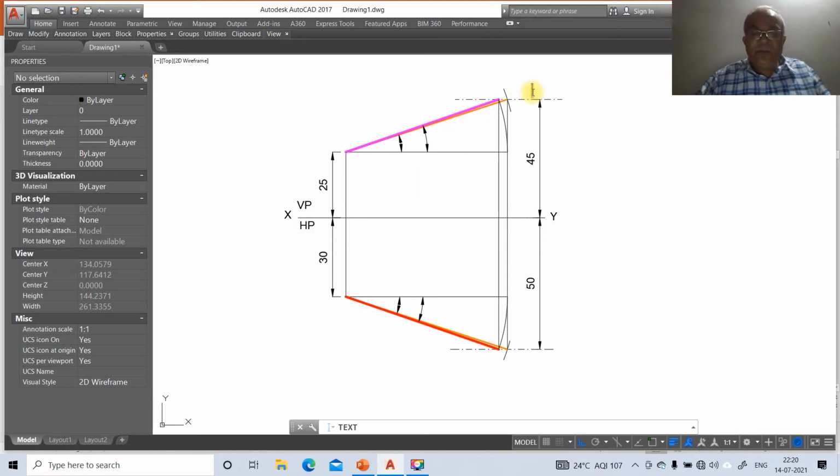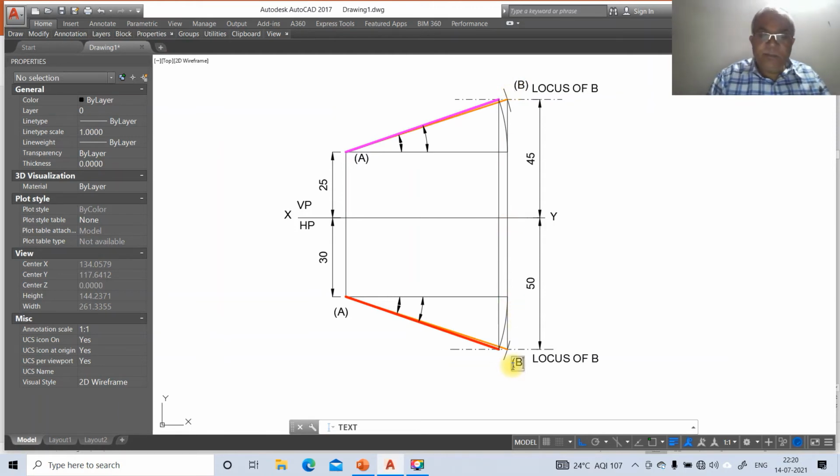So here this is going to be the locus of B, and this is going to be the locus of B here, and you have capital A here also, and here you have capital B, and here also you're going to have capital B. So once you get this, now you switch on this, so you mark this as A, you mark this as B, and you mark this as A dash, this as B dash, this as B dash, and you mark this as B1 dash, then you mark this as B1 and this as B2, this as B2 dash.